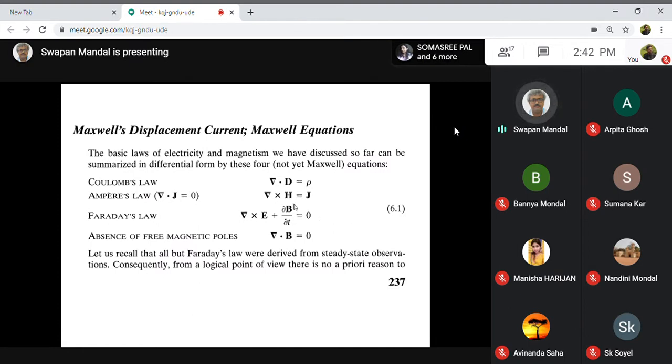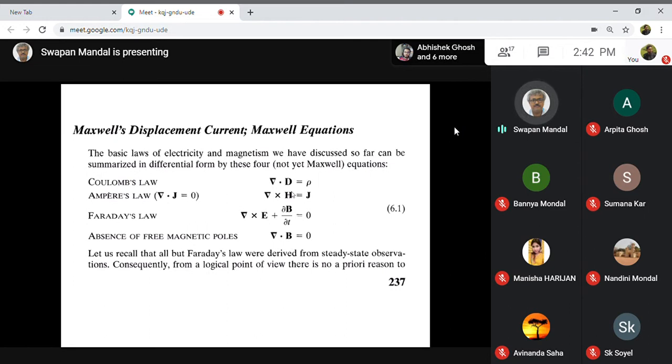Of course, we have taken care in between of some sort of correction due to Lenz. After taking the correction of Lenz, that is curl of E equal to minus del B del t basically, and this minus sign came through Lenz. Therefore, Faraday's law with Lenz's correction gives you curl of E plus del B del t equal to 0. So these four equations basically correspond to the magnetostatics and electrostatics problem. Or in other words, the entire electrostatics and magnetostatics were formulated with the help of these four equations.